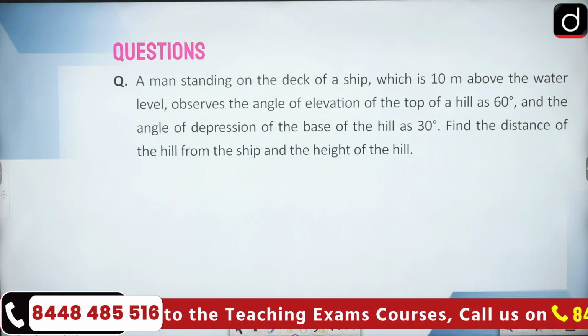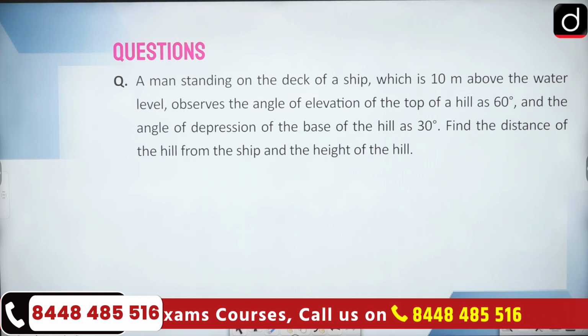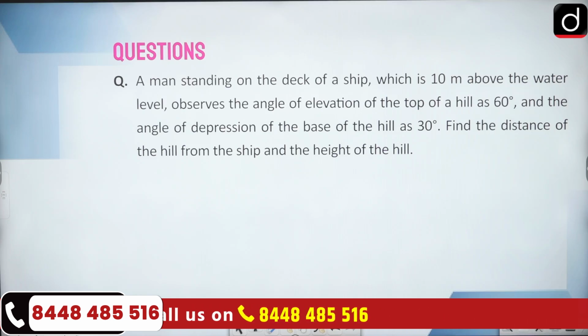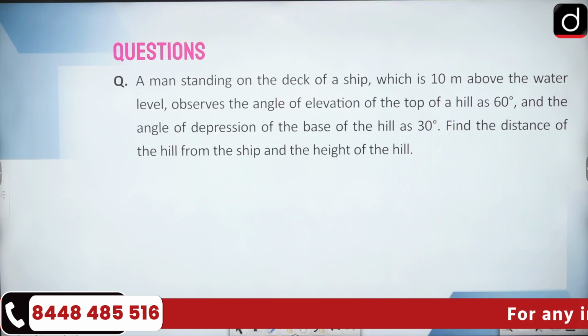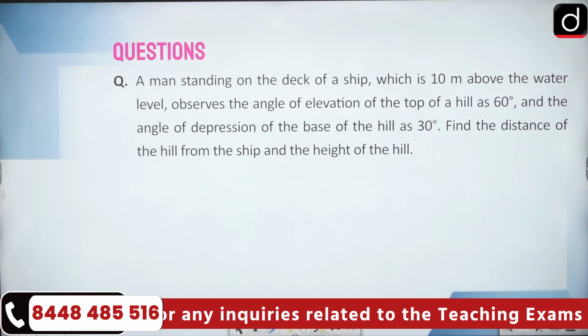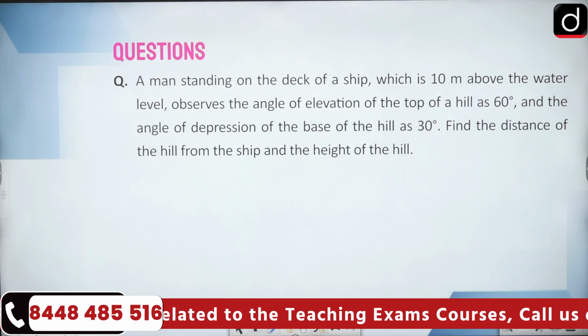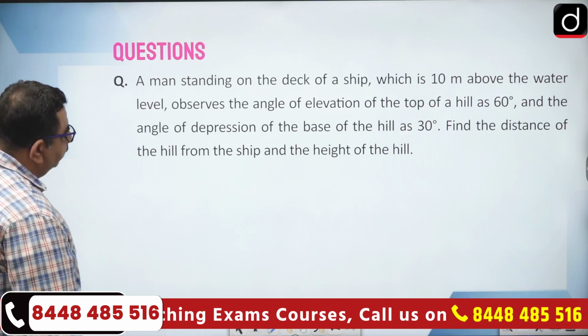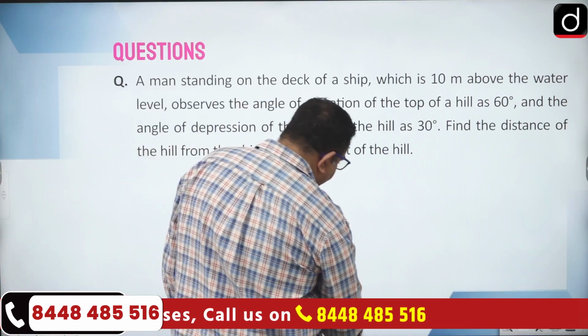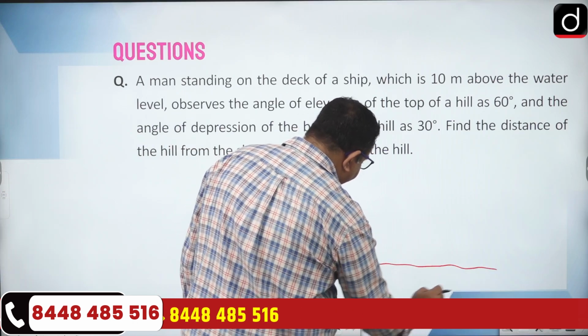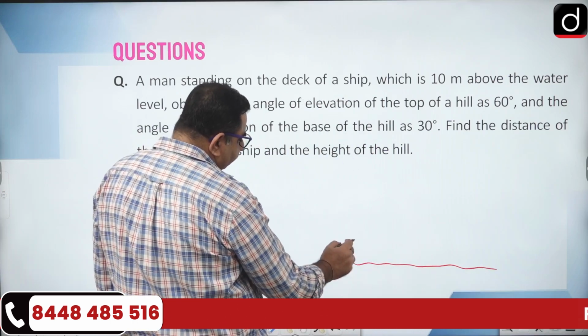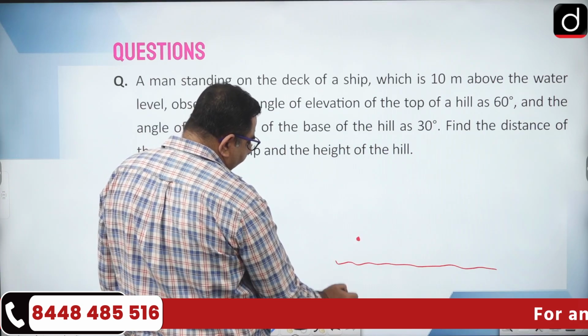Okay, a man standing on the deck of a ship which is 10 meters above the water level observes the angle of elevation of the top of a hill at 60 degrees and the angle of depression of the base of the hill as 30 degrees, right? Find the distance of the hill from the ship and the height of the hill. So the man is standing on the deck of a ship. So obviously if this is the water level, the deck of the ship must be at some height, right? So that height,